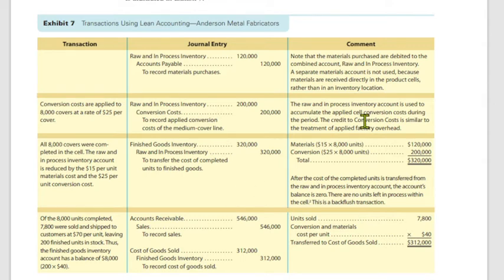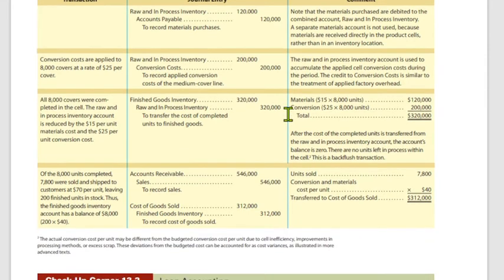Okay. We have to credit the conversion cost so as for us to treat the applied factory overhead. So in some books, ang tinatawag dyan is the applied factory overhead applied. But we can use the conversion cost para kasama na agad dito lahat ng overhead and direct labor component. Okay.